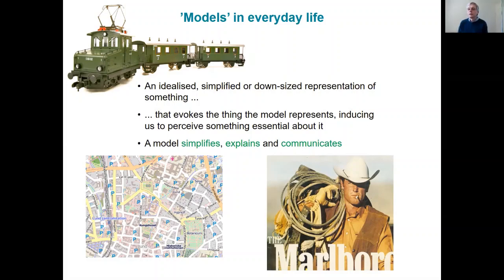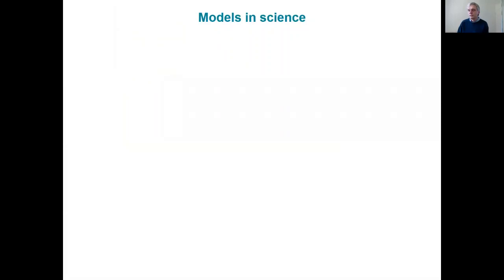So these examples, although they have nothing to do with research, do demonstrate what a model is and the way that we use a model also in research. It's a method of simplifying, explaining, communicating, and it's something that can be very useful. So models in science then